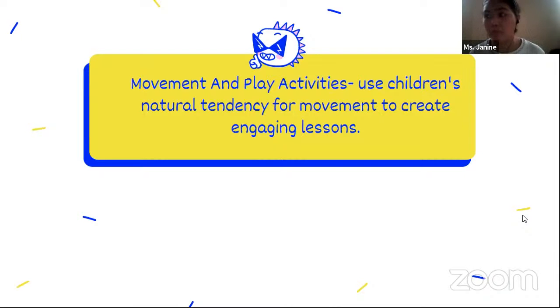So it's very helpful. Even though it's not part of the lesson, it's not related to the lesson, that's all right. At least let the kids move for at least 5 to 10 minutes, because it's very important for them to have the flexibility to move since it's an online lesson, and I understand the attention span of the kids when it comes to online lessons. It's very short, so we have to understand.